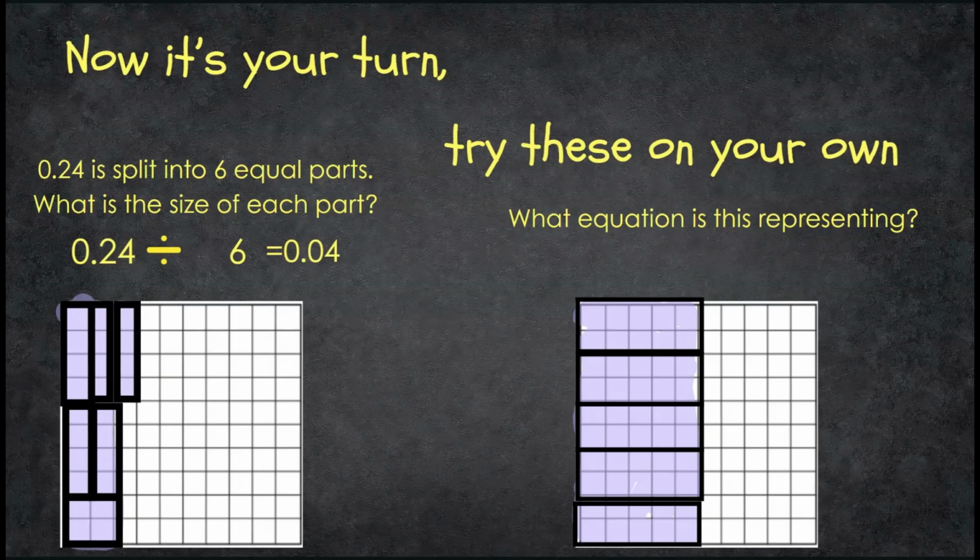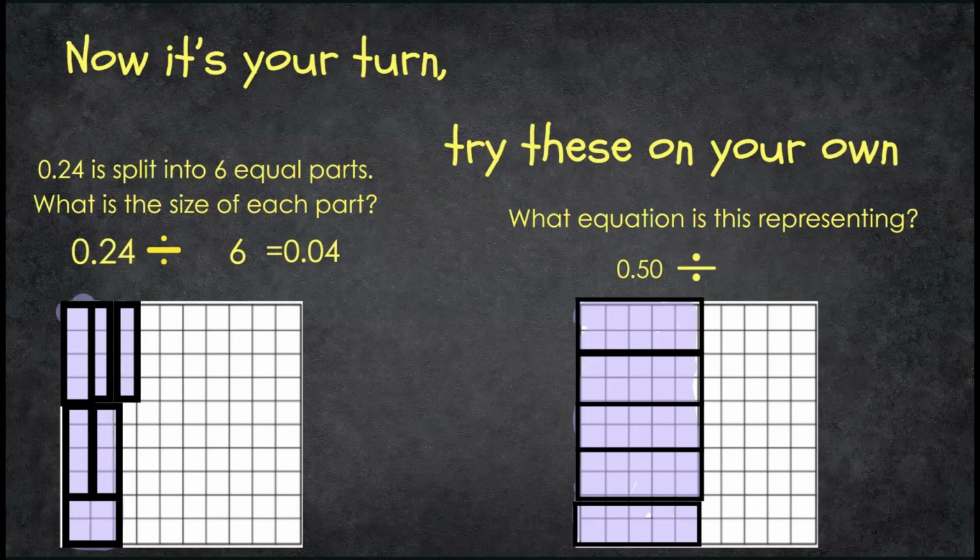All right, in problem number 2, we were looking at what equation this model is representing. So the first thing I said to do was, let's just look at the total, what is filled in. So I noticed that there are 5 columns of 1/10, and that's going to give me a total of 5/10, or we could also say 50 hundredths. Then I look at how it's being broken up, and I see that it's being broken up into 5 equal groups. So I see 50 hundredths,